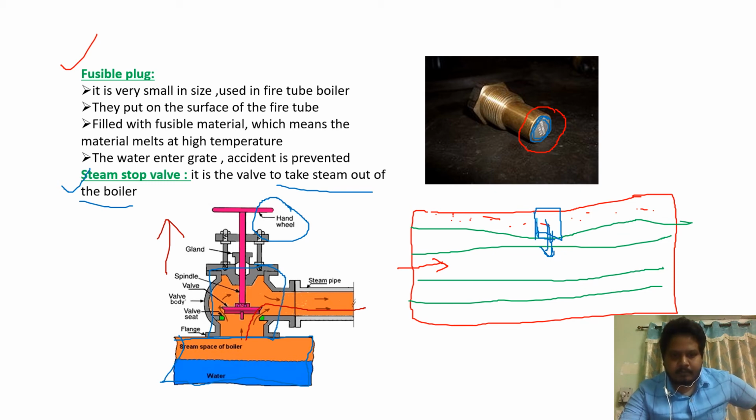This time the hand wheel will move downwards, so that it stops the flow of the steam. So the same valve can be used to take out the steam from the boiler as well as to stop the flow of the steam from the shell.